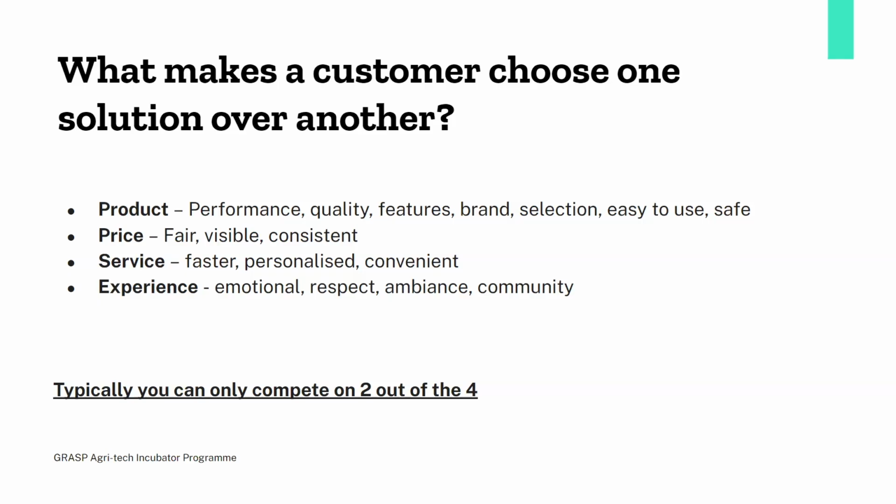So price is not just about low or high. It's about the visibility that you create. It's about the fairness. It's about making sure that it remains consistent over time. Now, consistent over time again does not mean that you have to stay at the same price. It means that your broad policy remains consistent. Whether that is to say, if we are committing a price to you today, that is the price that you will receive a month from now, and that month is for you to make a decision, then you have to stay consistent on that, even if a month from now the new price that you're offering is higher for whatever reasons, right?